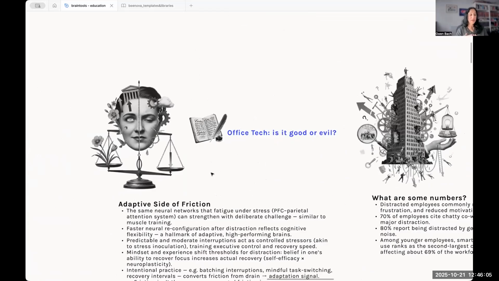We have a workplace today where many of us have the opportunity to do home office, and still the notifications, the emails, or even reading our work emails when we're at home outside of our work time, all of that gnaws away at our capacity to process. So the big question there is: office tech, is it good or evil? I've talked before about this whole attention economy where everything competes for our attention.